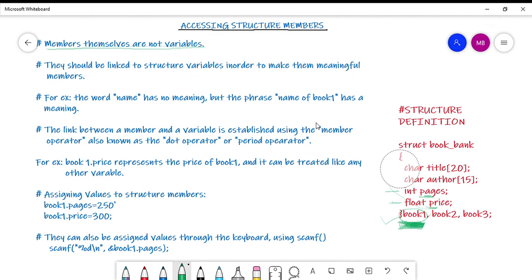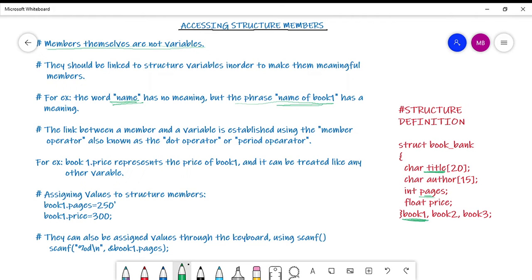Say for example, name, as I am telling you, name has no meaning in itself. But when I say name of book 1, then it becomes meaningful. So this is what I'm trying to say, that the members themselves do not have any meaning. They get a meaning when they are linked to the variables. So the member is title and the variable is book 1.